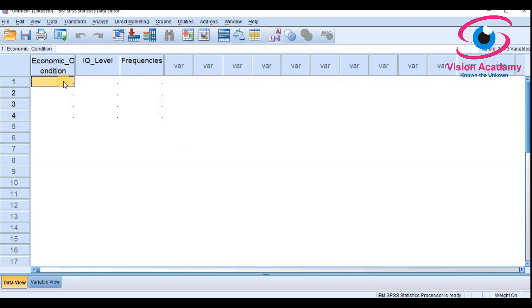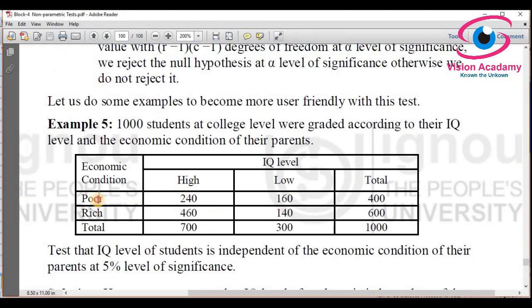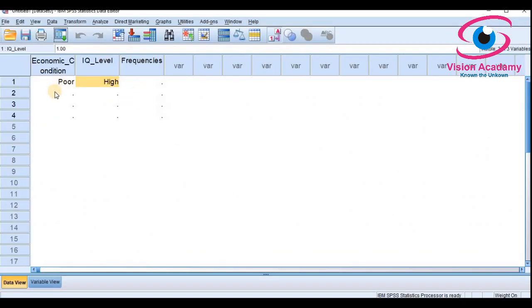Here very importantly we have to select first one poor and IQ level high. Look at the combination here, poor high, because this frequency belongs to poor as well as high. That is why I am taking like that, poor high. Next, rich high.